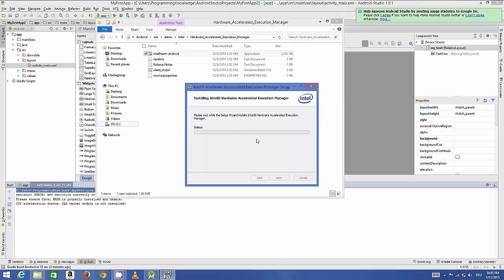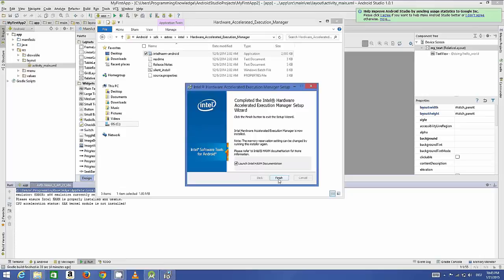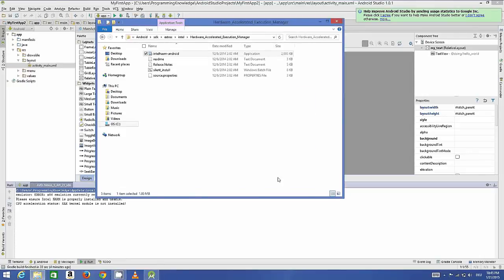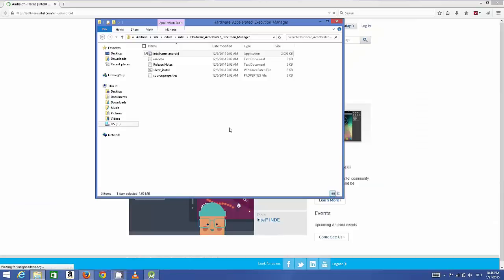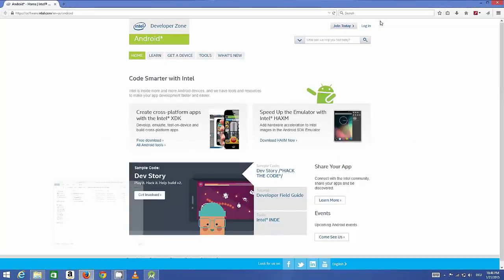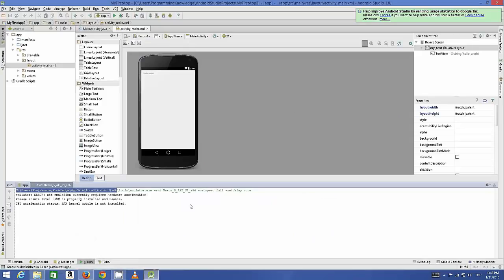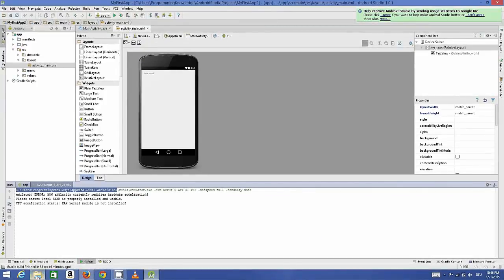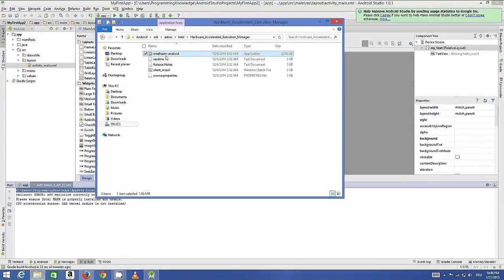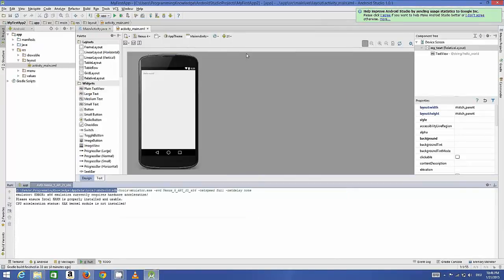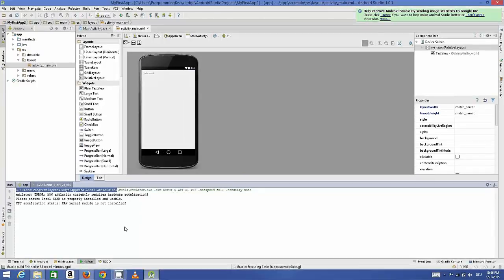So now the installation of HAXM is complete, so we will click finish, and now we will close everything and we are going to run our application. So I'm going to close this browser for now, and now I'm going to run our application once again. So this one is finished. Minimize it and let's run our application by clicking this green button. And hopefully this time we will not see the same error. We will choose the default application from here,